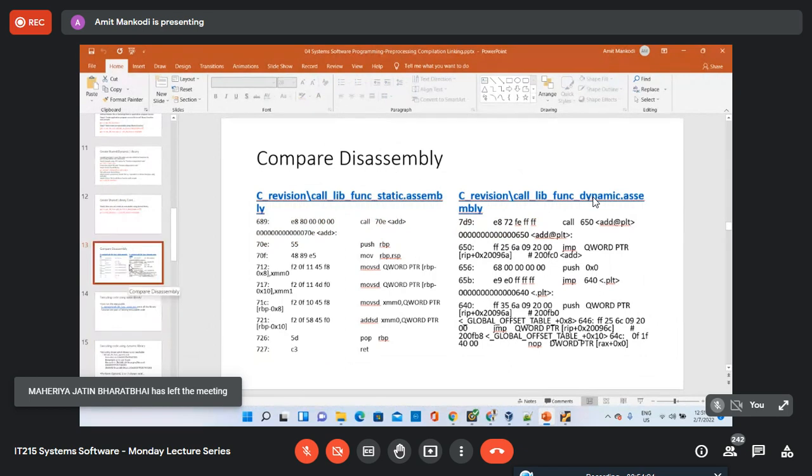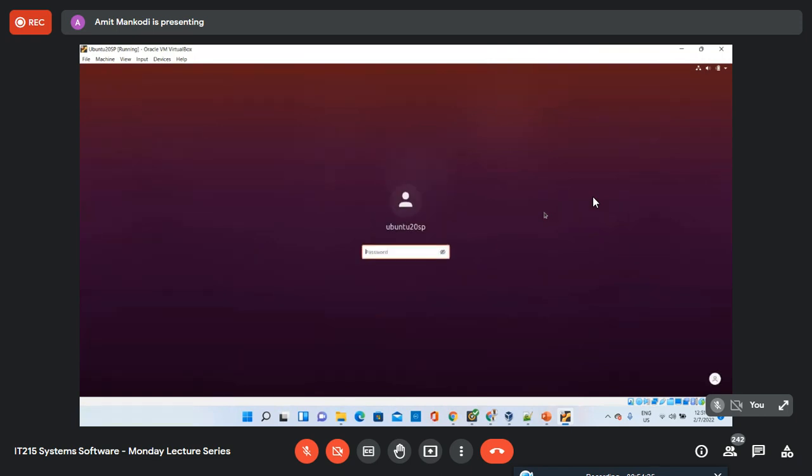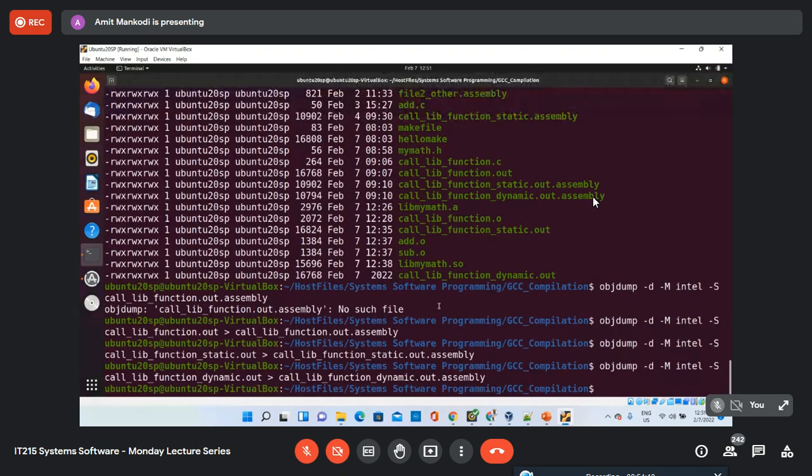Hello, sir. So why is the size of the .so file more than the .a file of my math library? Right. So basically, when you created the .so file, the .so file has to keep track of a lot more information about that table, like I was saying. It has to keep track of which functions are there and what address they will be loaded at in memory. This one just has to have the basic object code of the functions, whereas here it needs to keep track of more information.